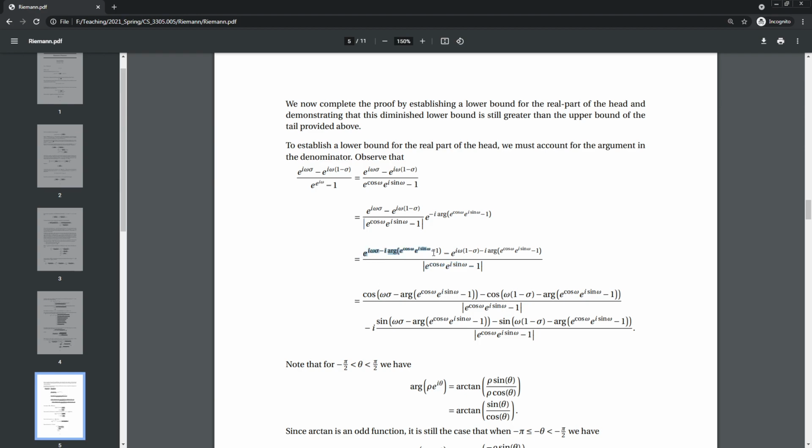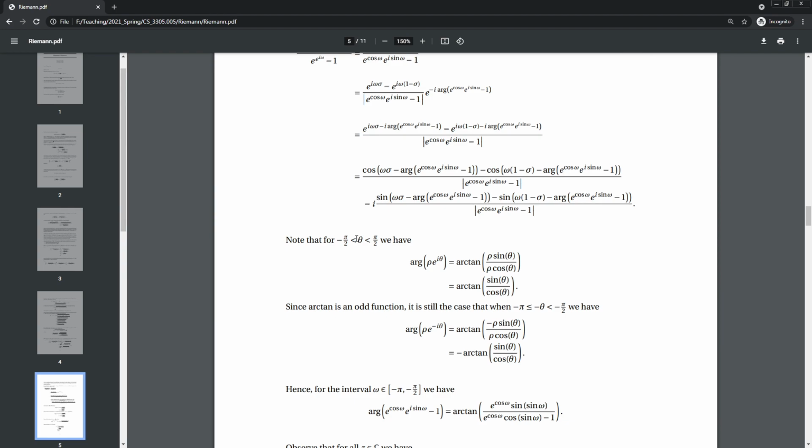Okay, well, it's in that e to the I omega, or e to the I theta form, right? So we can split it into cosine and sine. So we do that, and now we've expanded it out quite a bit, but if you go through and do the work, you see that we're just pulling in the arguments here. So what's in the exponent here goes here. So this is all real, and this is all imaginary. And so now we look at